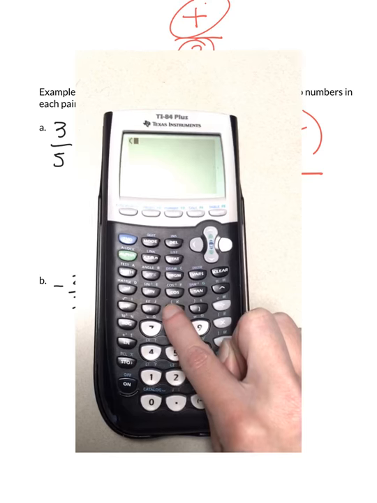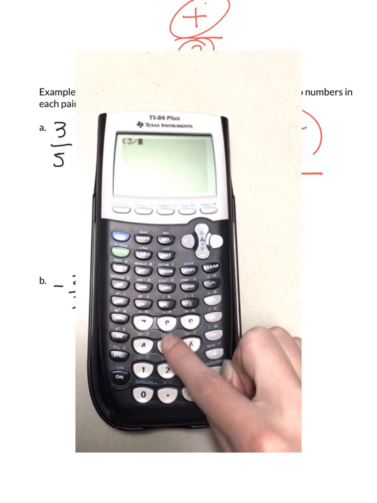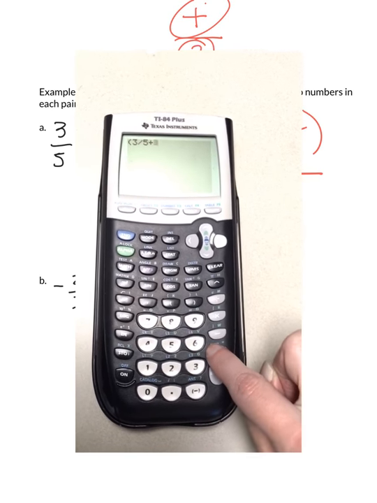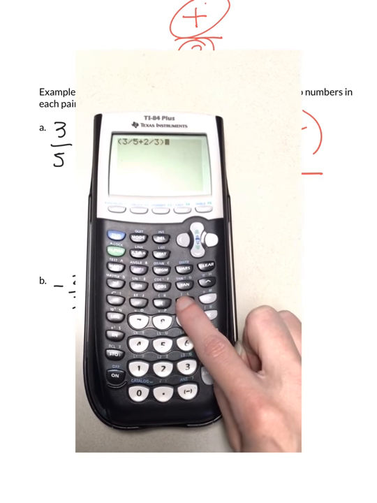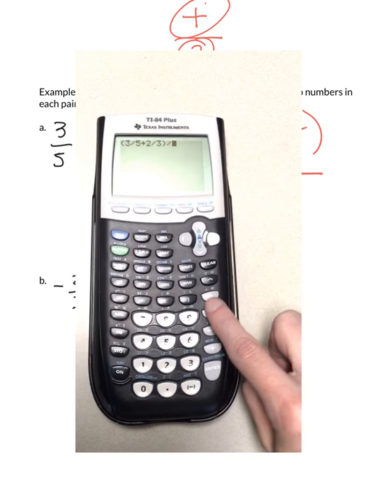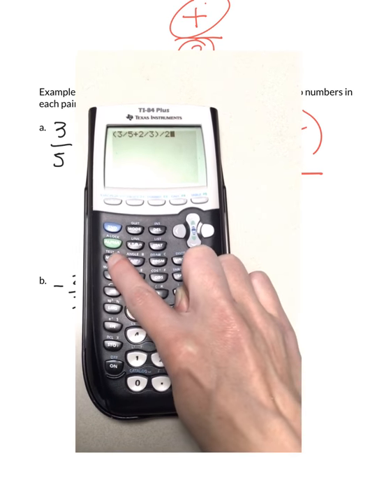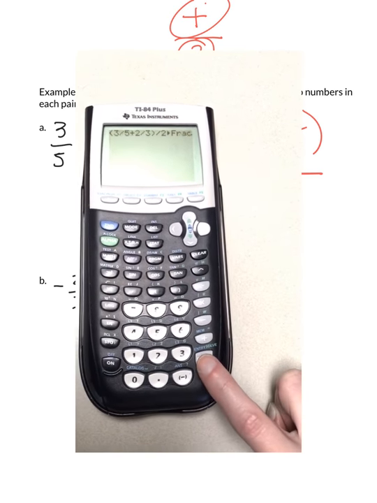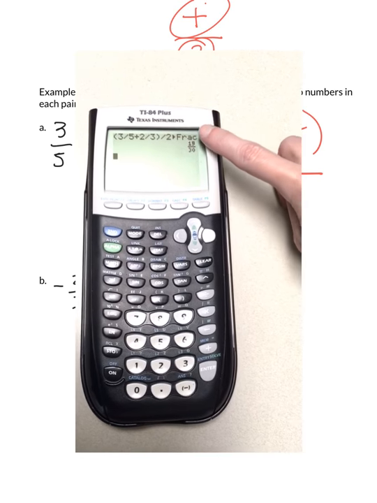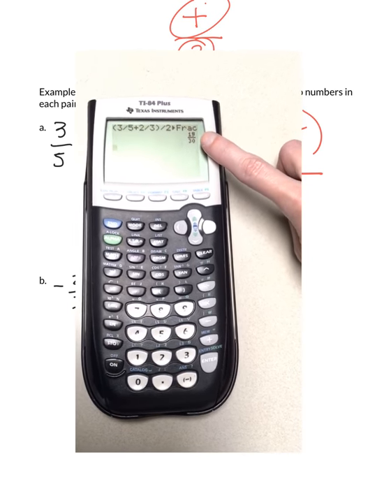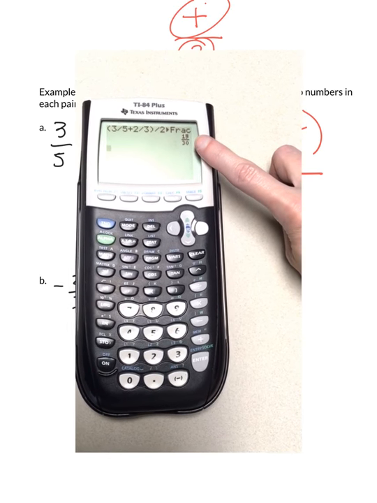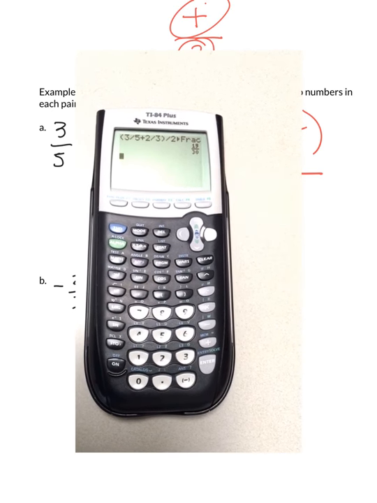So I'm going to write parenthesis 3 divided by 5 plus 2 divided by 3, close the parentheses, divided by 2, math, enter, enter. The reduced final answer is 19/30. If you wanted to check to make sure your answer seems reasonable, if you're trying to visualize all this,